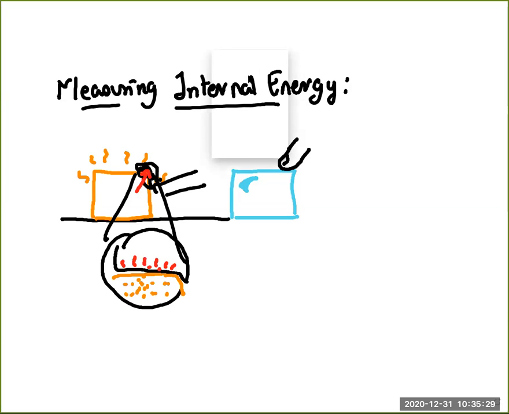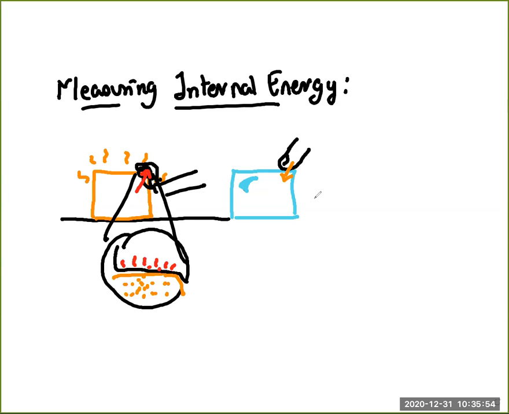In this case, the energy will go from your body into the ice, because the ice is at a lower temperature than your body. So therefore, your body has higher internal energy, and the internal energy will flow in the opposite direction. And again, your sensory system will work to say that this is a cold object.